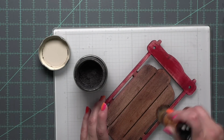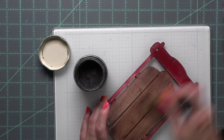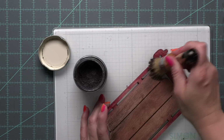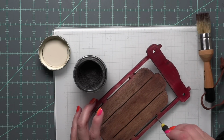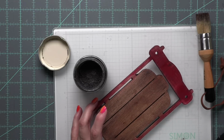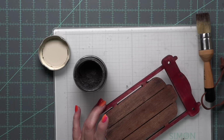I had contemplated how I wanted to finish. Sometimes I like to do that. I do things in phases where I let it sit and I look at it for a while, and then all of a sudden I'm like, okay, now I know what I want to do. So for the finishing,